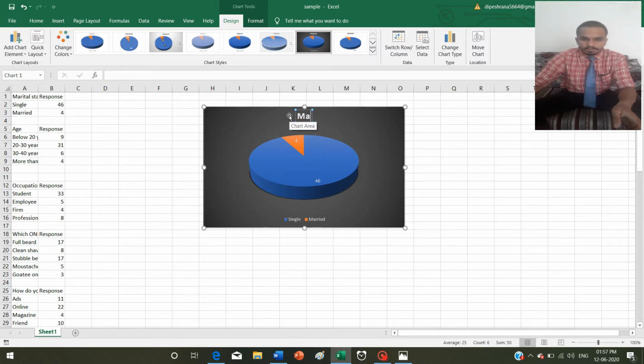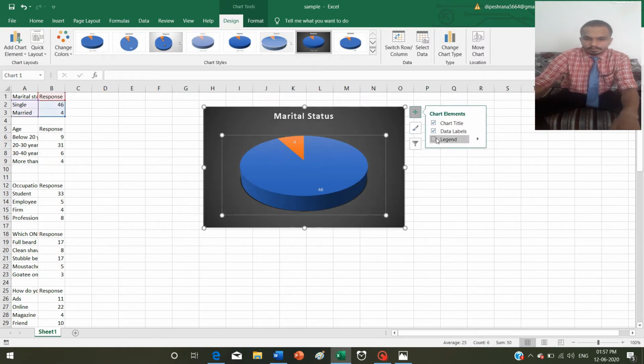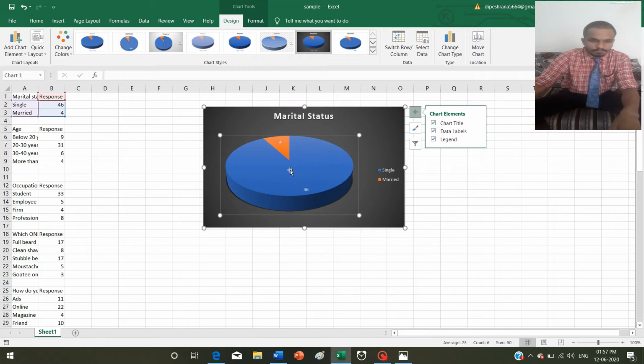Here I will write down marital status. So you can see 46% of people were single and 4% were married. It shows blue as single and orange as married.